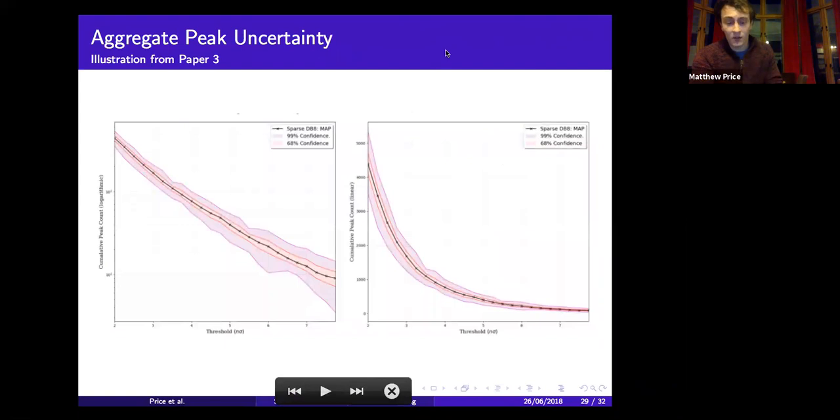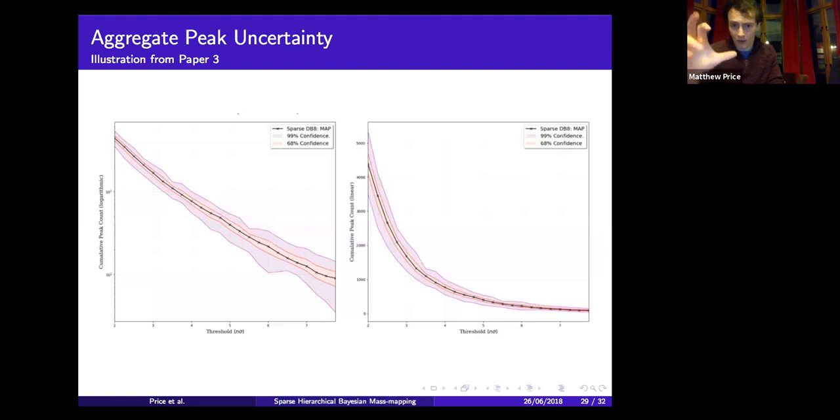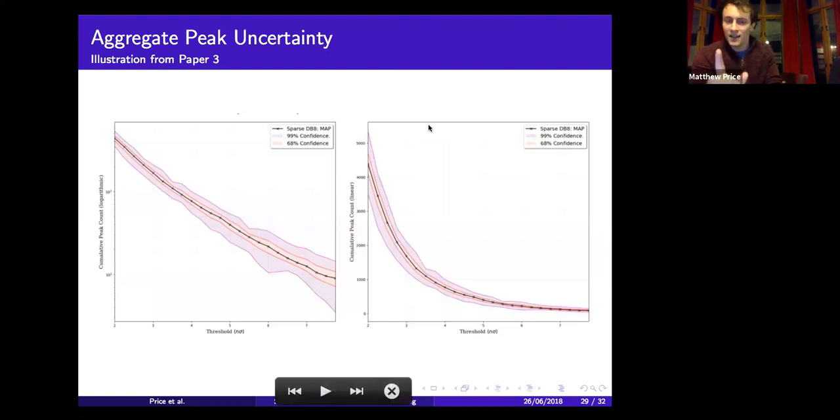Finally, the peak statistic. The left-hand side here is the log scale plot and the right is just linear. It's log-linear plotting, which is standard for this. The central black line is a maximum a posteriori solution for the number of peaks at a given threshold. The red shaded region is the 68% confidence, so that's roughly 1 sigma. And the outer purple region is your 99% confidence, which is roughly 3 sigma. As you can see, it's quite constraining, but this is a very low noise, idealized, illustrative example.